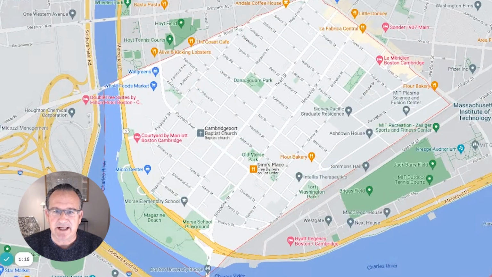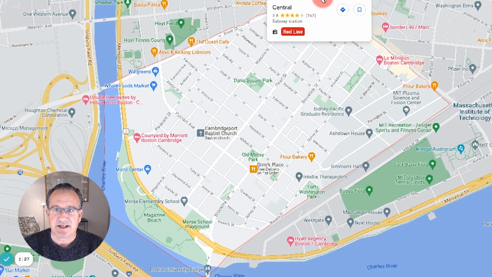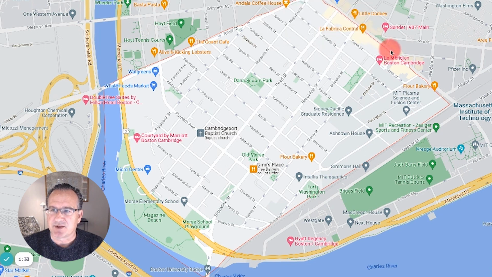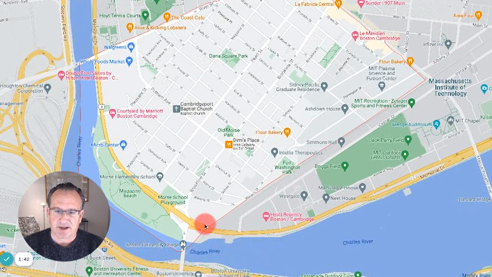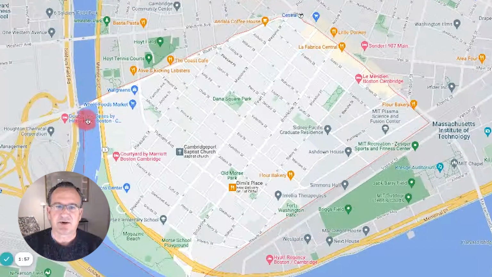And as I zoom in on the neighborhood, now we're seeing it on a larger scale. You can see that Central Square, and there's a Red Line T station here, is found at one corner of the neighborhood. There's a number of shops and services along Massachusetts Avenue as it makes its way down towards this corner of Cambridgeport. And then running along Waverly and Albany Street, we're on the edge of the MIT campus here. You can see Magazine Beach, the park area, and that's right on the Charles River on the southern border, if you will, of Cambridgeport. And then here's River Street,